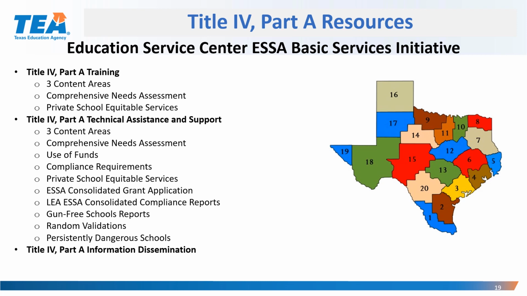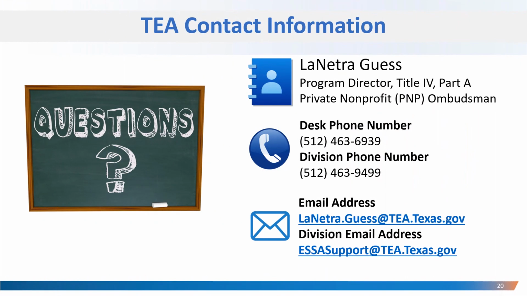In addition, on this slide, you may see other areas in which an ESC staff could assist LEAs with training, technical assistance, support, and information dissemination. LEAs may also reach out to